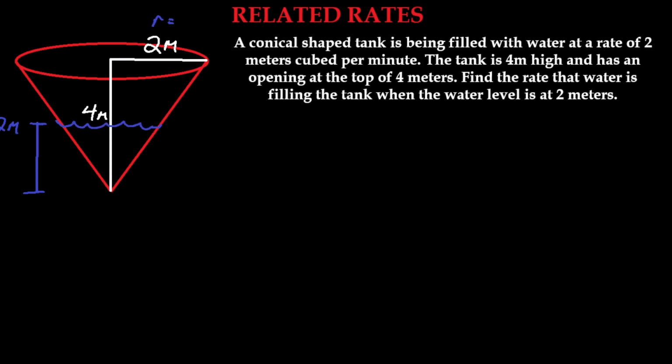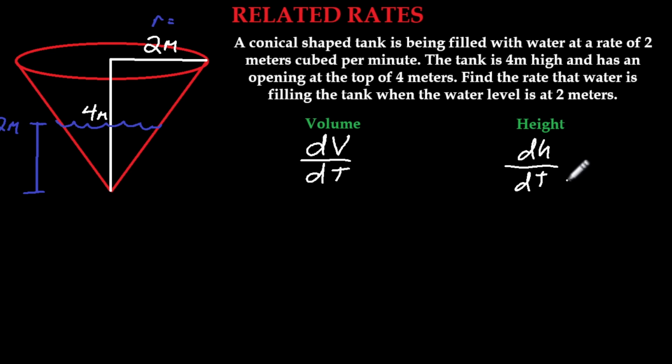So the two rates that are related are going to be volume and height. For the volume, what we're finding is the derivative of the volume with respect to time, and then we want to find dh/dt, or the height with respect to time as the water fills the tank. So our starting equation is going to be the volume formula for a cone, which is 1/3 pi r squared h. And the problem that we're going to have is if we're going to differentiate this, we can't have two variables on this side. Now, what we are able to do is express the radius in terms of the height. By looking over here,